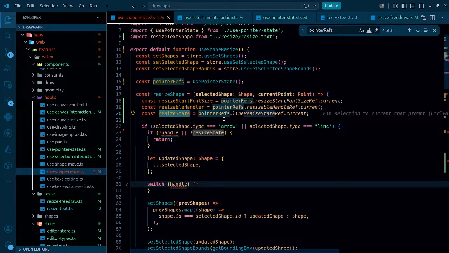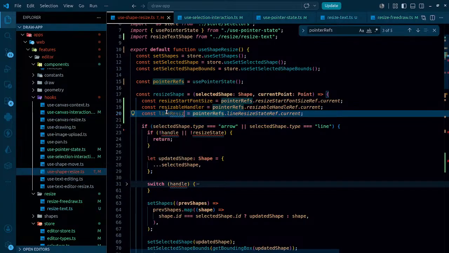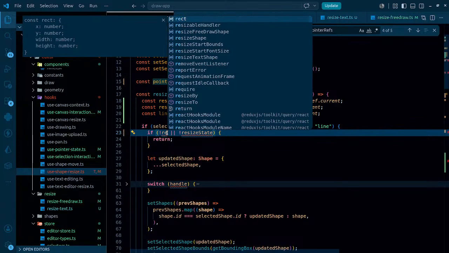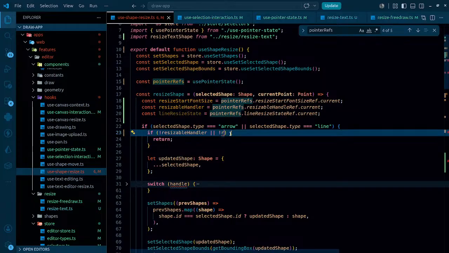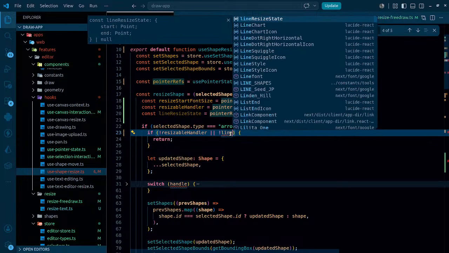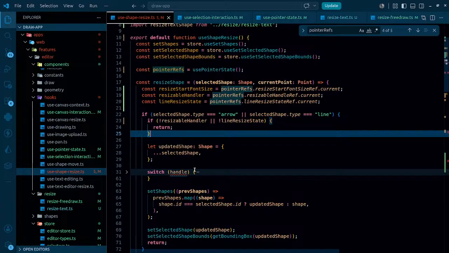So we have resize state, and that's gonna be equals to line resize state actually. So that's gonna be line resize state. We have resizable state handler, and we have resize start font size. If I don't have resizable handler, or if I don't have line resize state, in that case I'm gonna just simply return from here, and in case if I have them,